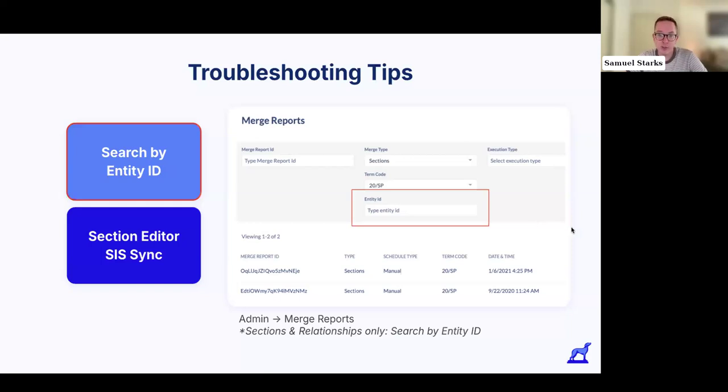Let's say you have a given section in CourseDog where you made an update. Let's say you assign an instructor and a meeting pattern to that section, you let the nightly merge run, you check your SIS the next morning, and those updates didn't make it to your SIS, and you're trying to figure out why. Because you know what section you're looking for, it would be incredibly helpful to find the section ID within the section in CourseDog. You can copy and paste that ID into the entity ID field here